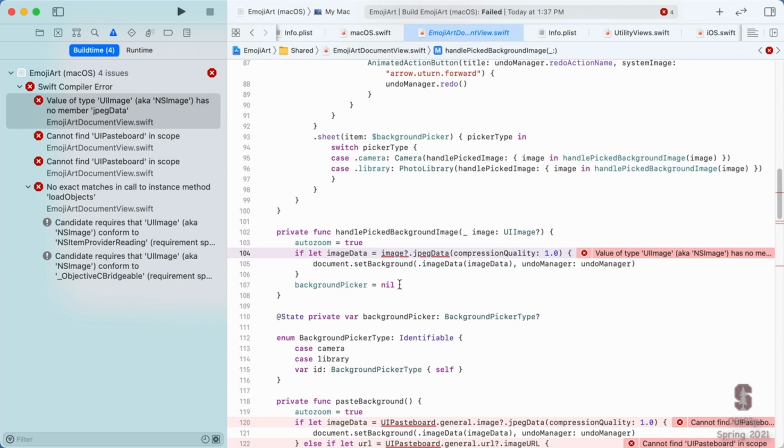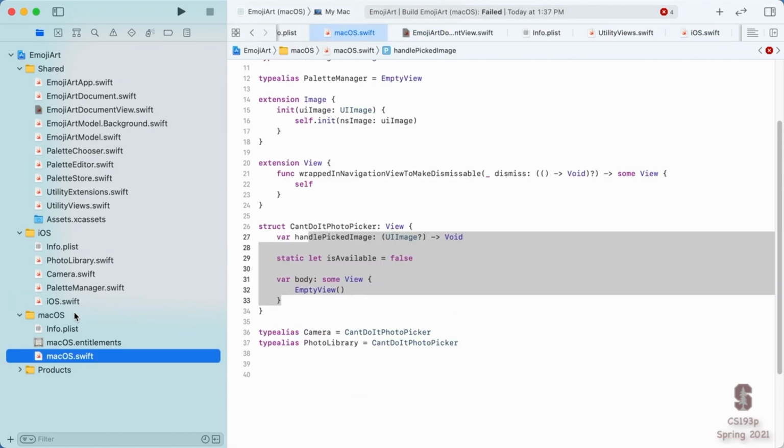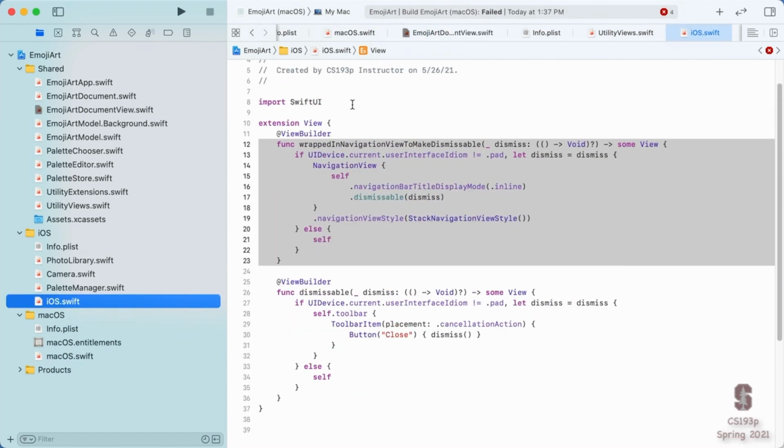And the abstraction I'm going to do here is I'm going to add a new var to Image called imageData. So this imageData is going to return a data representation of this image. And on iOS, we're going to use the JPEG representation of it. And on macOS, we're going to use TIFF. Okay, TIFF is a file format very commonly used, especially historically, on the Mac. So I've made an abstraction here by inventing this new var. So let's hop on over to our two platform-specific files and implement that.